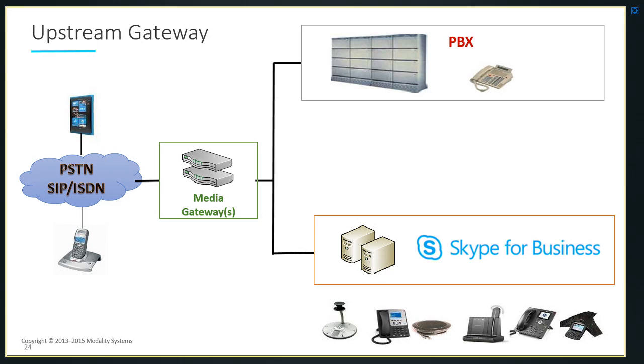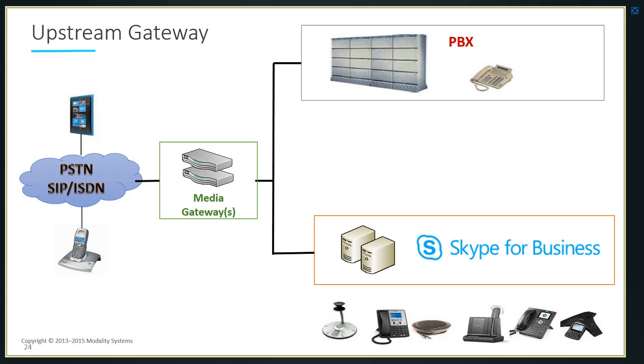The gateway then has the choice, using smart routing within the logic of the gateways. If the call is a number associated with the PBX, it would send it onto the PBX. And if it is a Skype for Business user, it would send it on to Skype for Business. Equally, you can then give the full interoperability between your new environment of Skype for Business and your old legacy PBX by using the media gateways as the transcoding between both environments.